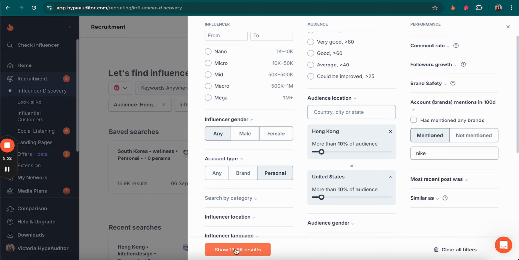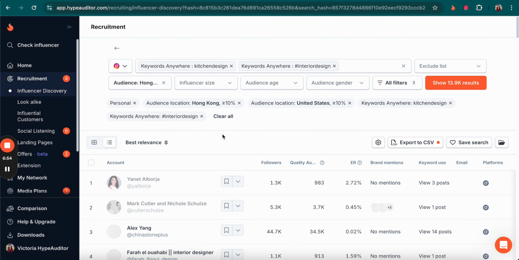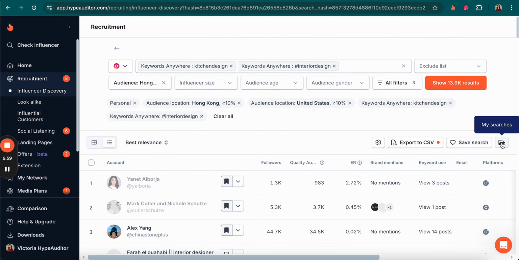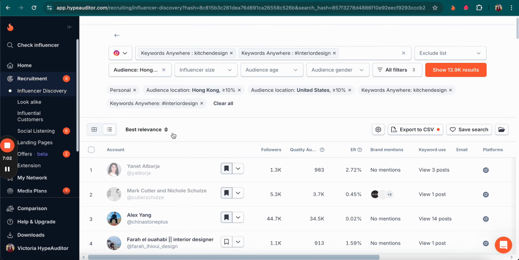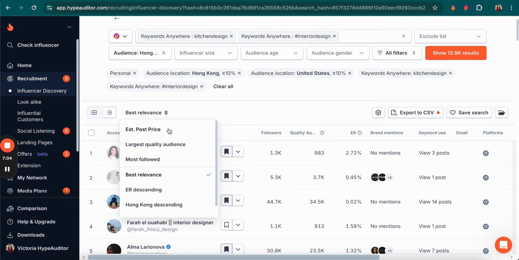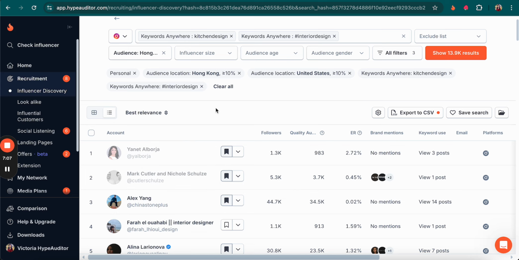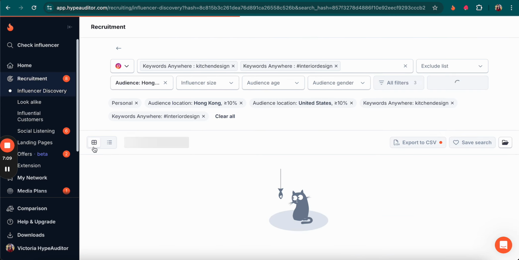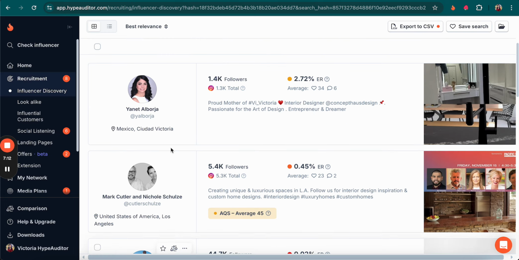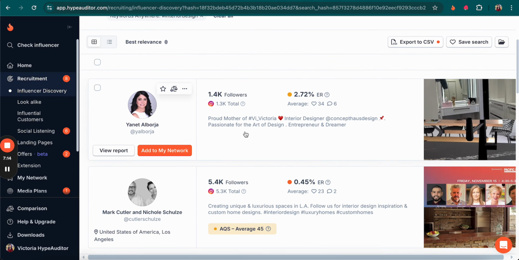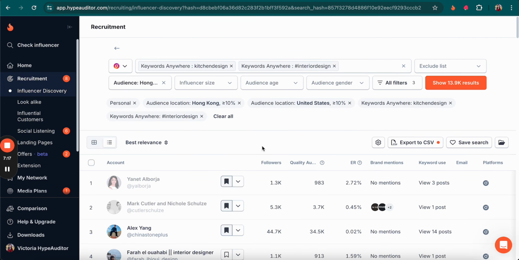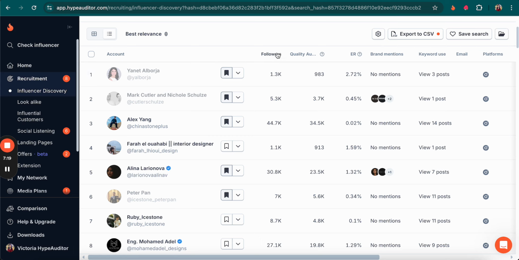So now let's take a look at the results. The filters that we've just applied can be saved right here and accessed in this folder. Moreover, you can sort results in a specific order, and there are 2 ways of looking at the information. This is the gallery view, which is more visual because you can see examples of the content, and the list view. In the results, we see the number of followers versus their quality audience, engagement rate,